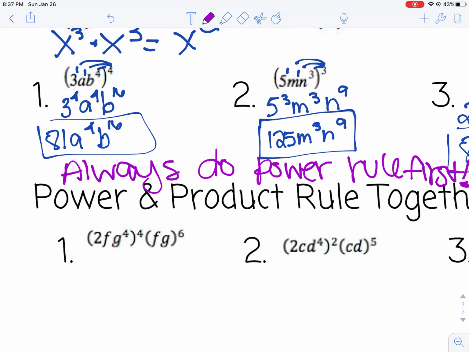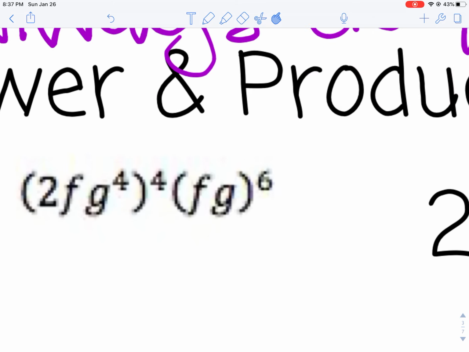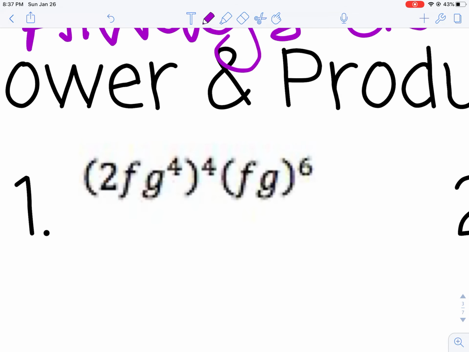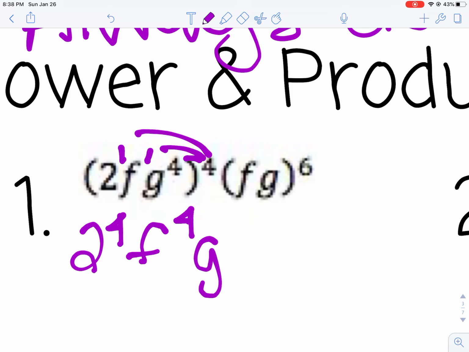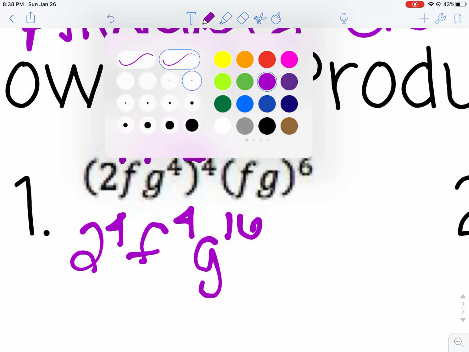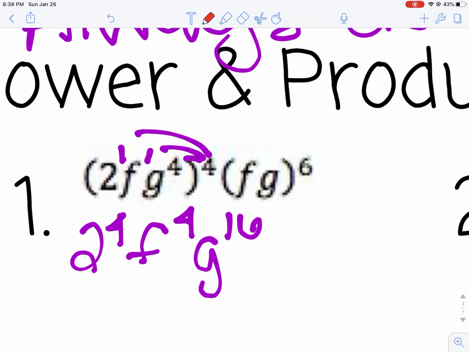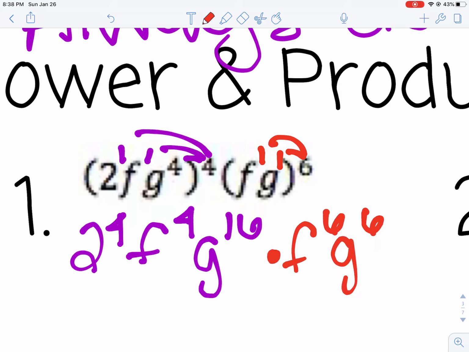So in example 1, notice we actually have 2 power to a power things. So we need to distribute the 4 into every exponent with the first one. So that gives me 2 to the fourth, f to the fourth, g to the 16th. But if you also notice that next term has power to a power as well. So we've got to distribute that in to both of those exponents, which would be f to the 6th, g to the 6th. Now 2 to the fourth is like 2 times 2 times 2 times 2, which gives me